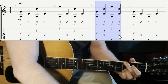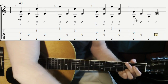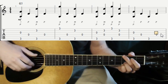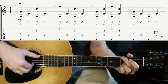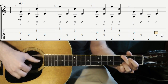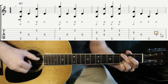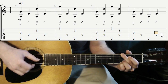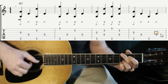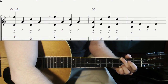And then here, notice in measure 3 and 4, it's that exercise that we did at the end where you pinch on every quarter note, and then this measure you just play one pinch and then alternating bass. So that sounds like this. So measures 1 through 4 together will sound like this. So that's on the 1 chord there, G,